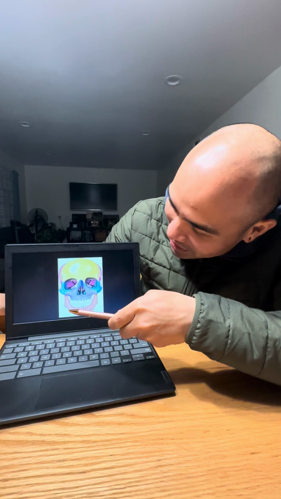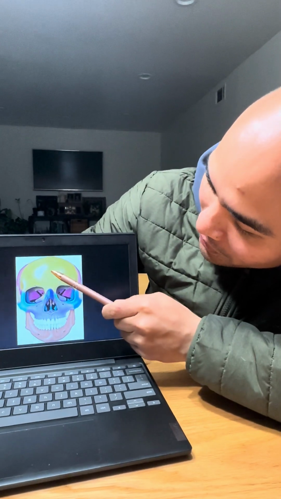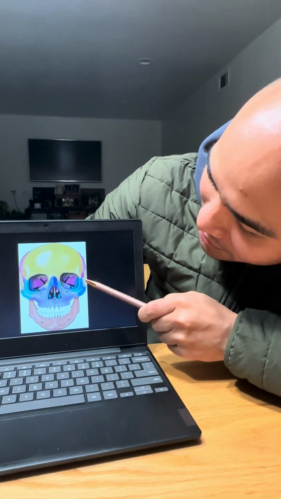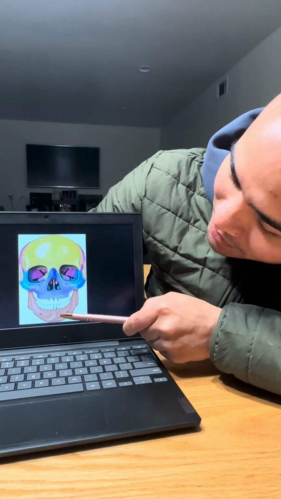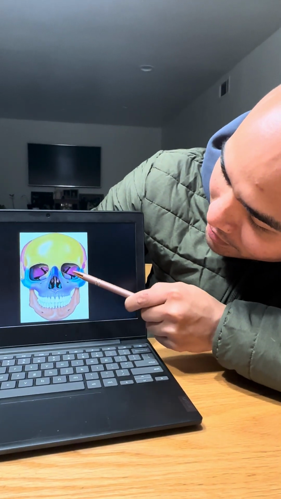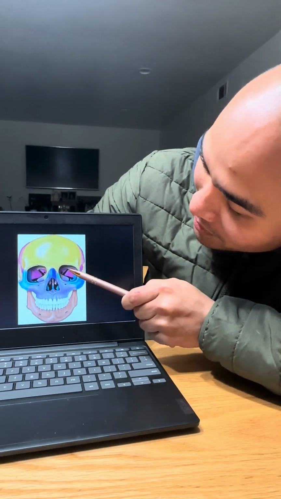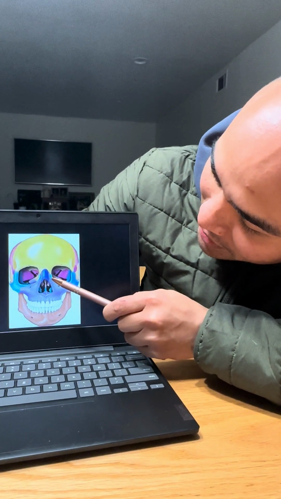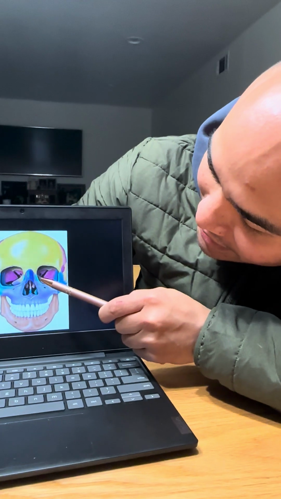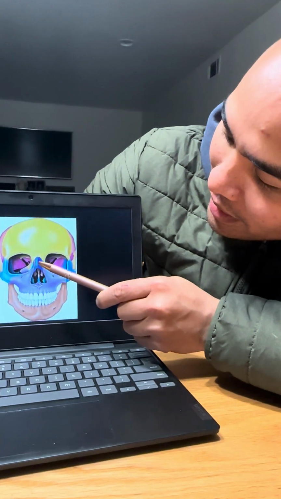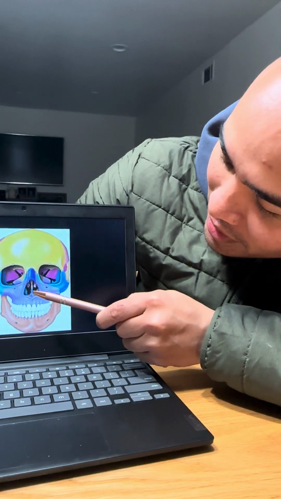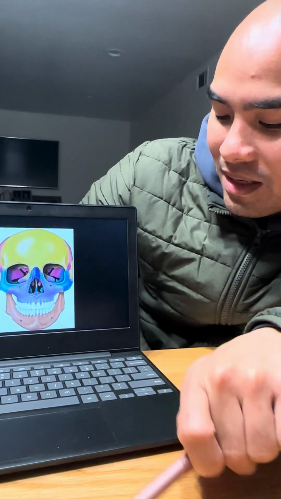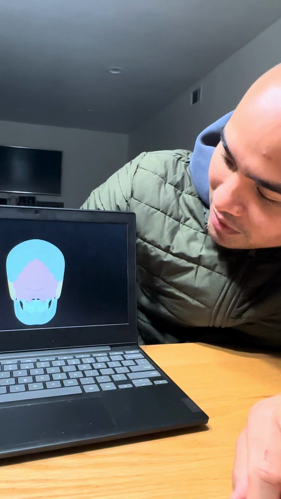So in front of you here is your anterior part. You have your frontal, parietal, temporal, zygomatic, maxilla bone, mandible, your sphenoid, and this part right here is your lacrimal, and in between that is your ethmoid bone, and this part right here is the nasal. And this middle part is your vomer bone. All right. Next view is the